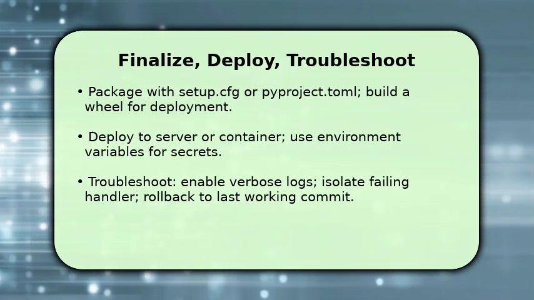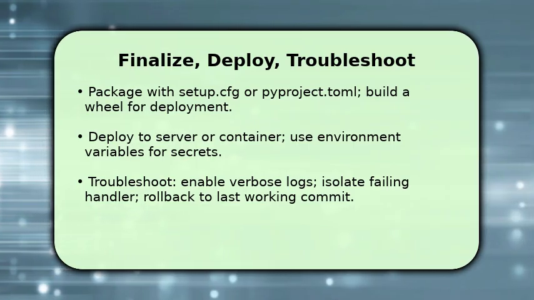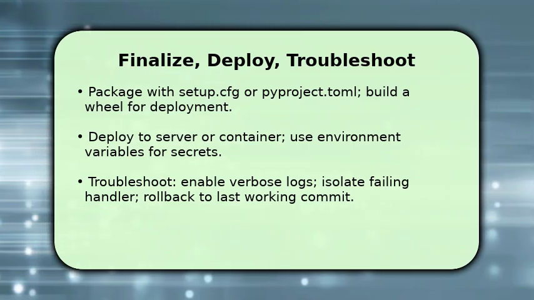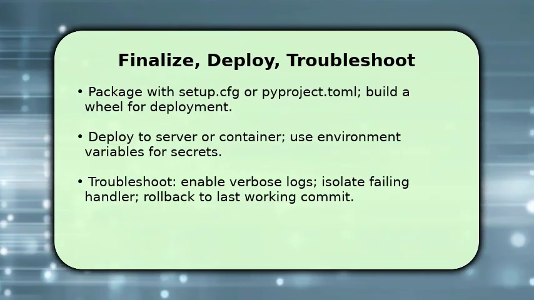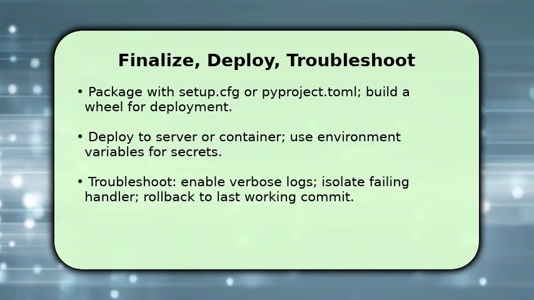If something breaks, enable verbose logs and reproduce the failure locally. Isolate the failing handler and run it with test inputs. Make sure to roll back to the last working commit if needed. One key troubleshooting tip: if behavior differs in production,